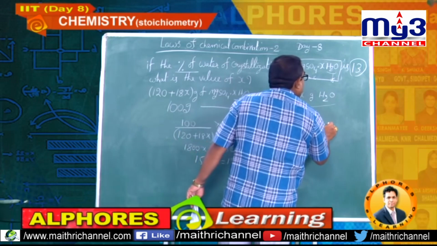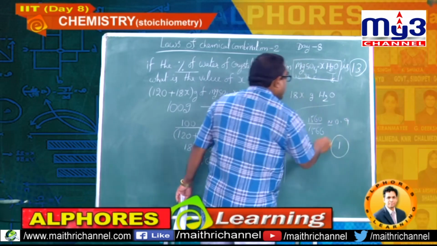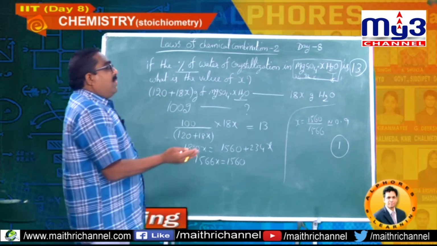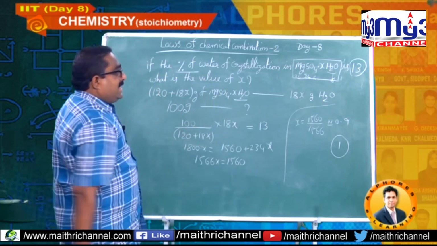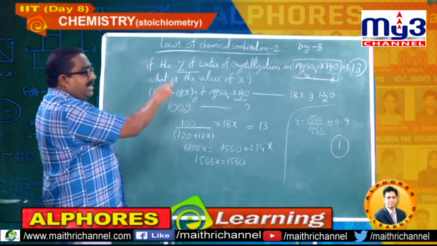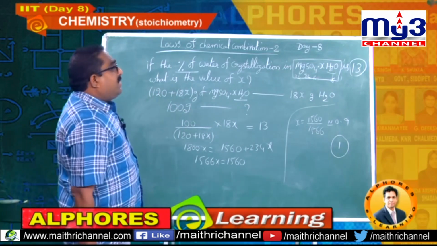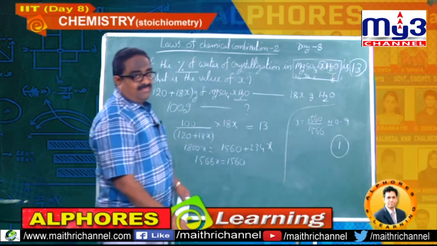It is 0.9. So you can take it as, there is no 0.9 molecule, either it should be 1 or more than 1. So it is better to take it as 1, because 0.9 moles means almost you can take it as 1 molecule. So for MgSO4 this much sample, the x value is 1.